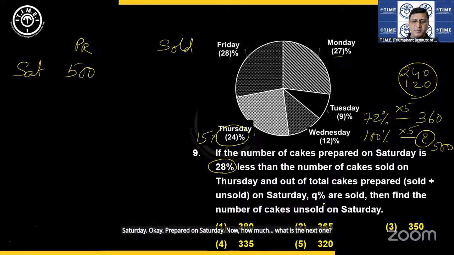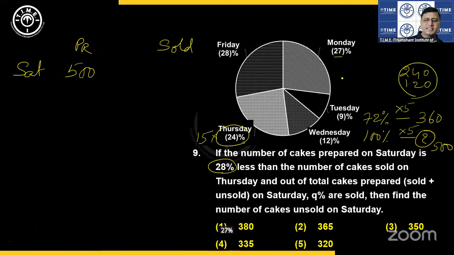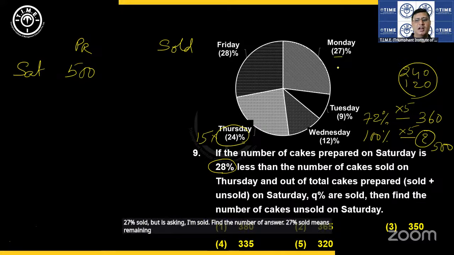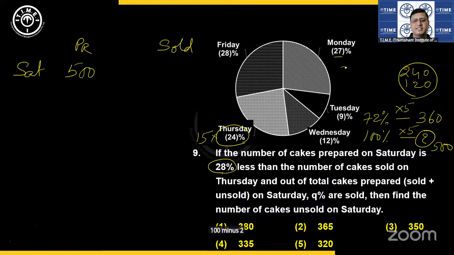On Saturday, Q% are sold. Q% sold means 27% were sold. 27% sold, but it is asking unsold. Find the number of unsold. 27% sold means remaining are how many? 100 minus 27, that is 73%. So to find out the unsold, that is 73% of